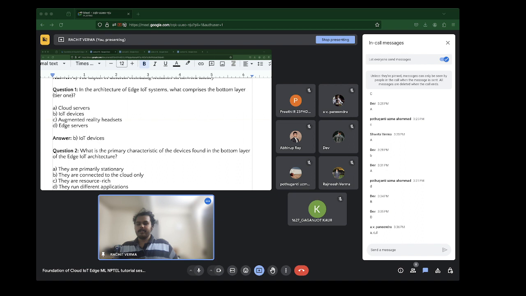In comparison to something like your smartphone or your computer, they don't have the same amount of CPU or memory, so they may not always be that resource rich. But as far as D is concerned, yes, they can run different applications. For example, a smartwatch may have a heartbeat tracker, a pulse monitor, and it also tells you the time.